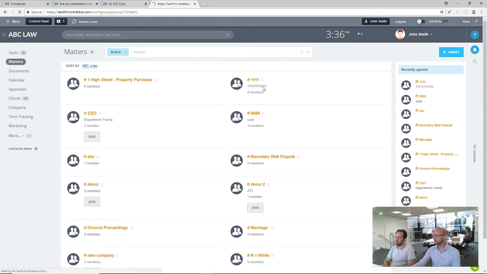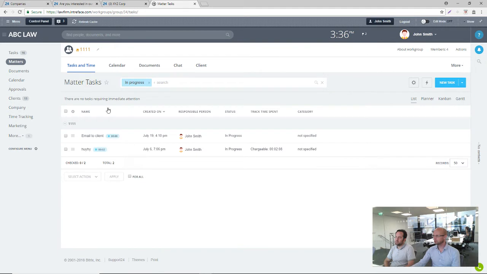If we open up one of these work groups, we've changed quite a few things because it's specific to the legal sector. The home page of the work group is actually called time and tasks, where they can go and log time against different parts of a case or a matter. But the bit I wanted to show you was this. Every time a work group's created in a slightly different way,